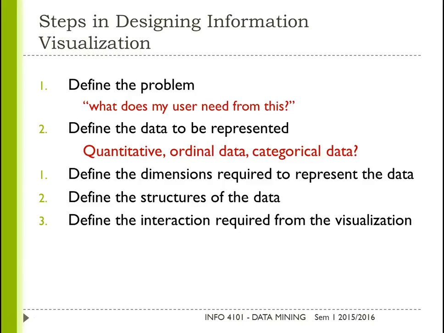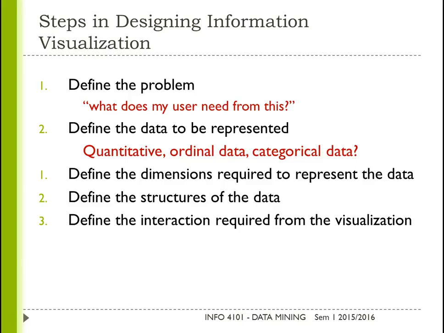So those are the kinds of things you have to look at in the kind of data that you need to represent. And the third one, I'm sorry with the numbering, is actually to define the dimensions required, which you can look at from the kind of variables you have. So how many variables you have, and each variable will obviously become a dimension by itself. If you have a lot of variables and you want to describe decisions, a decision tree can be one of the options. The graph of a decision tree can be one of the options.